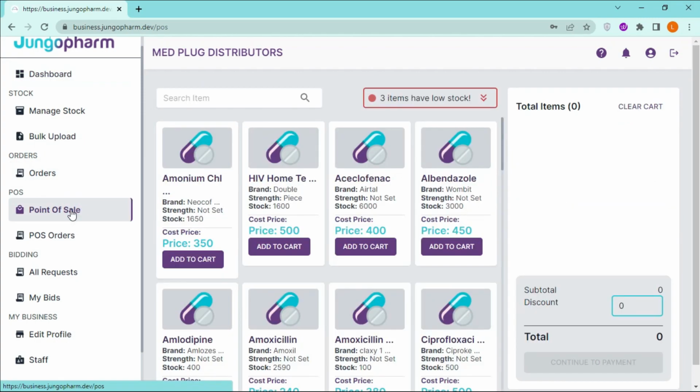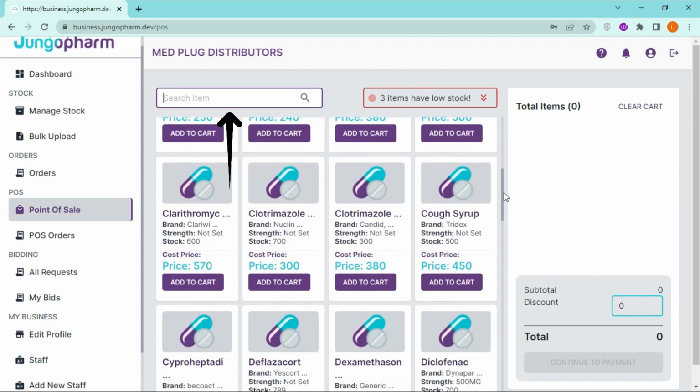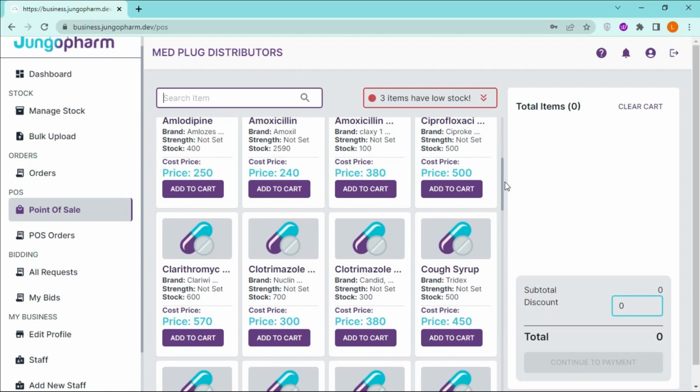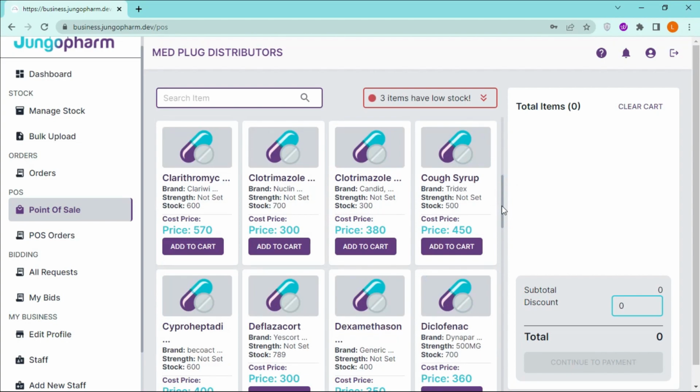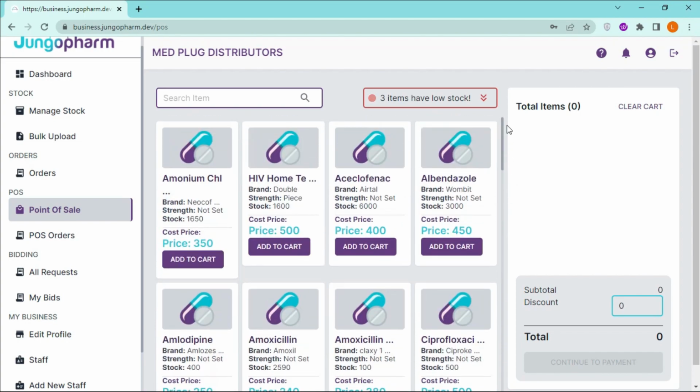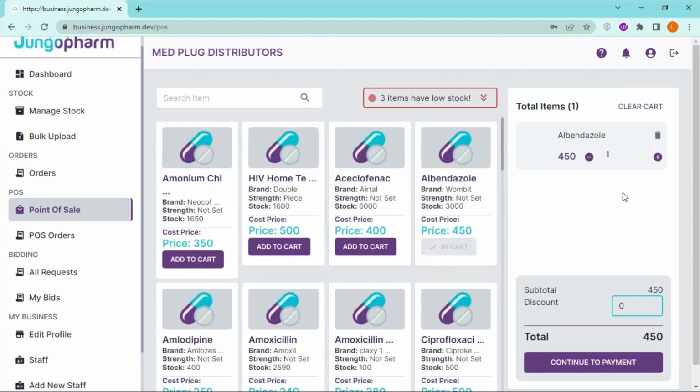To make the sale, you can directly search for the item using the search bar at the top, or you can scroll down and add products to the cart. The cart will show at the right side of the screen, and you can edit items by clicking these symbols. To delete a product, use this little bin next to the product name. Order totals will show down below, and once you're done adding all the products to your cart, click the Continue